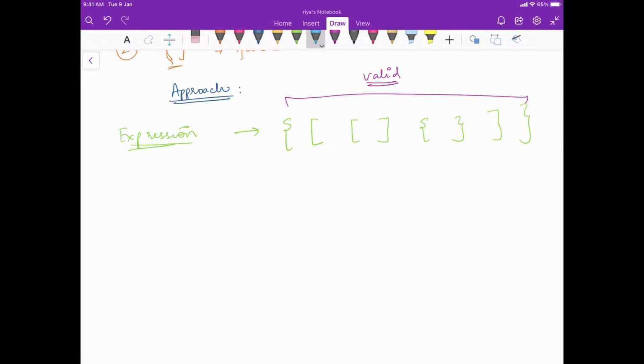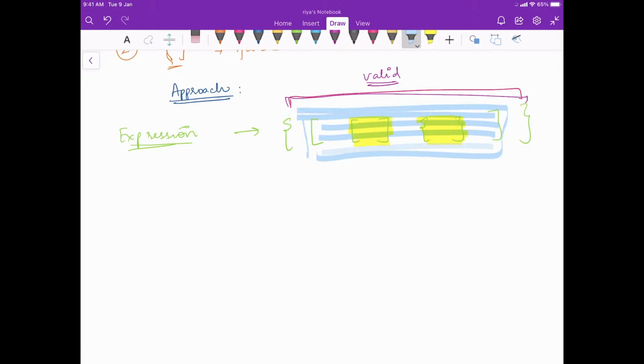If a particular string is going to be valid, then its substrings, or I would say sub expressions, this is going to be one sub expression, this is going to be one sub expression, this whole is going to be one sub expression.